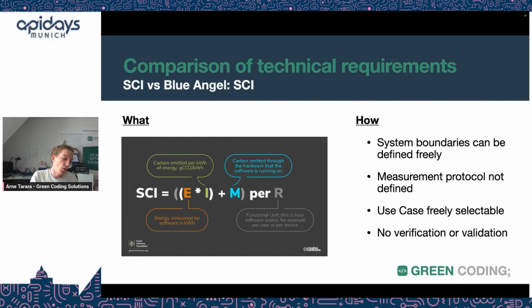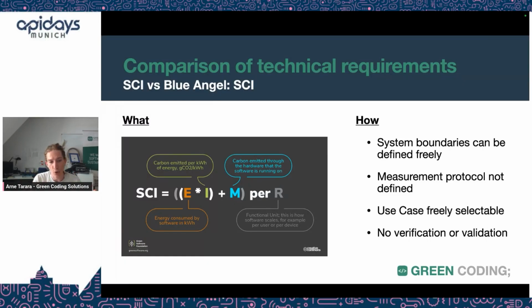So now I have said already I want to compare two approaches. I said I want to compare the SCI and I want to compare the Blue Angel for software. So let me put in a couple of words of what the SCI is. If you don't know it, the SCI is a standard or a formulation by the Green Software Foundation that basically